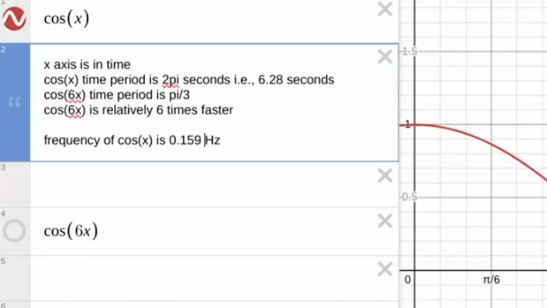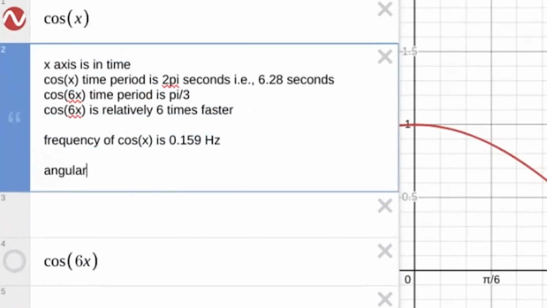0.1. That's great. So most of you, 0.159, 0.15, 0.16, fairly good. Most of you can see that, right? So you understand this. Right now, notice. You understand this angular